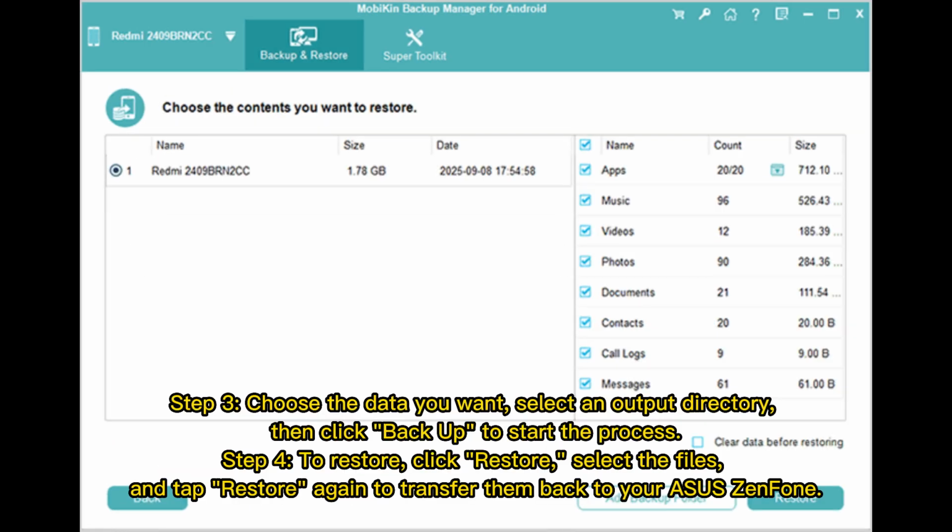Step 3. Choose the data you want. Select an output directory, then click Backup to start the process. Step 4. To restore, click Restore, select the files, and tap Restore again to transfer them back to your ASUS